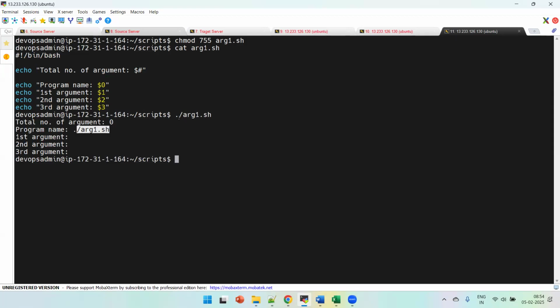Program name is arg1.sh. So how it is capturing the program name is, if you use $0, it is used to print the program name. And if you have any arguments, the argument can be printed like this. So if I run it again with some arguments,